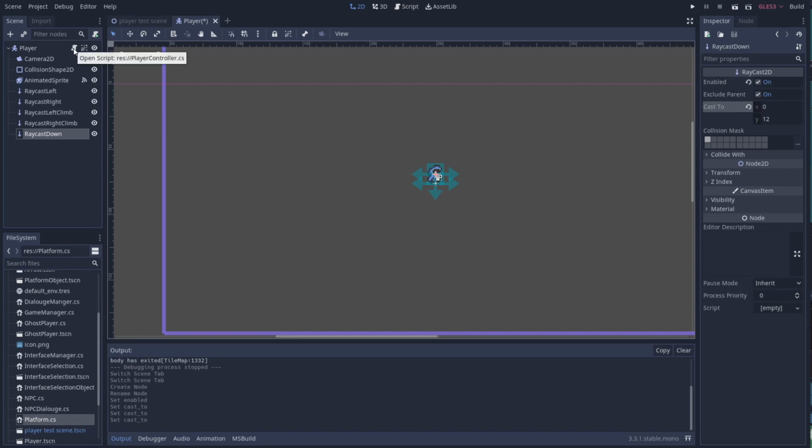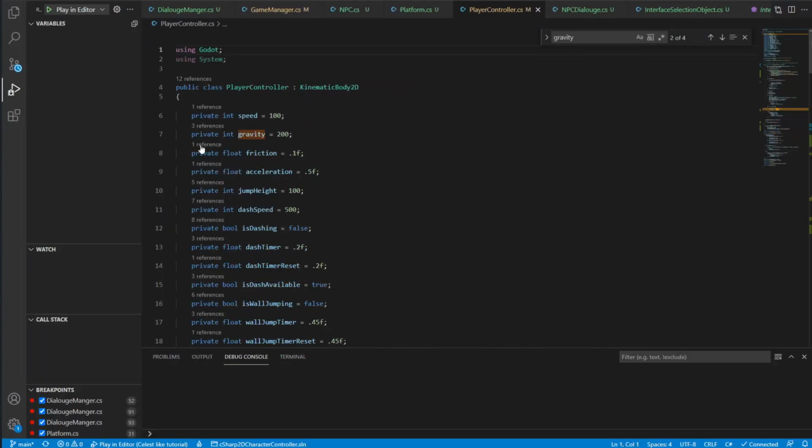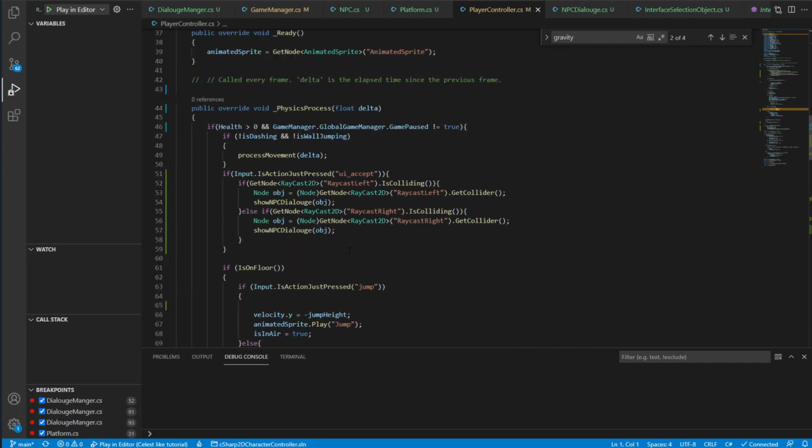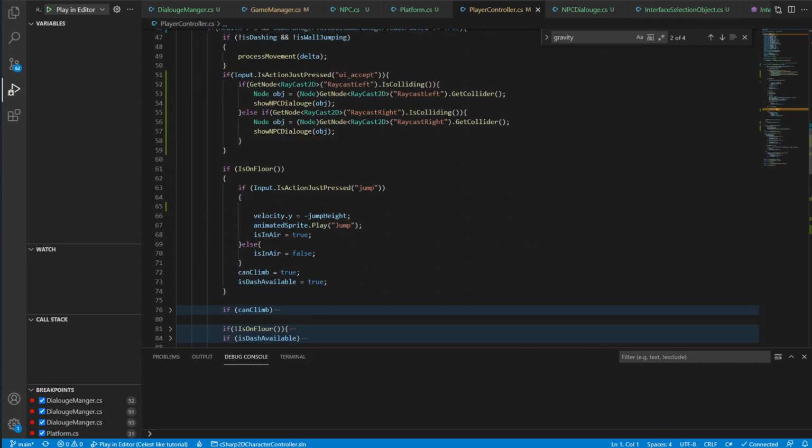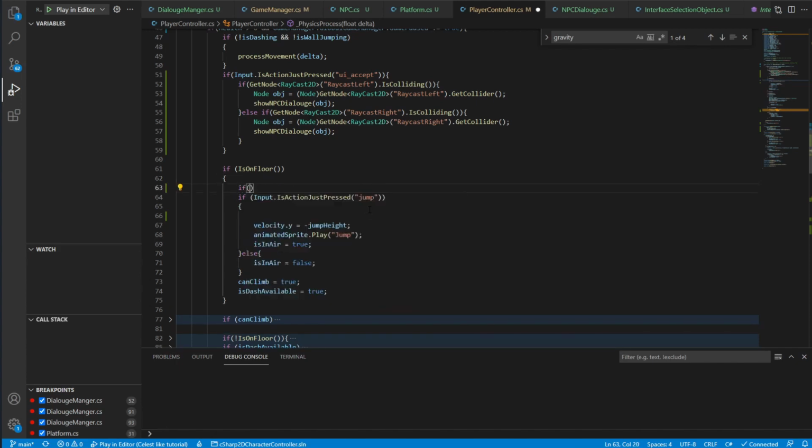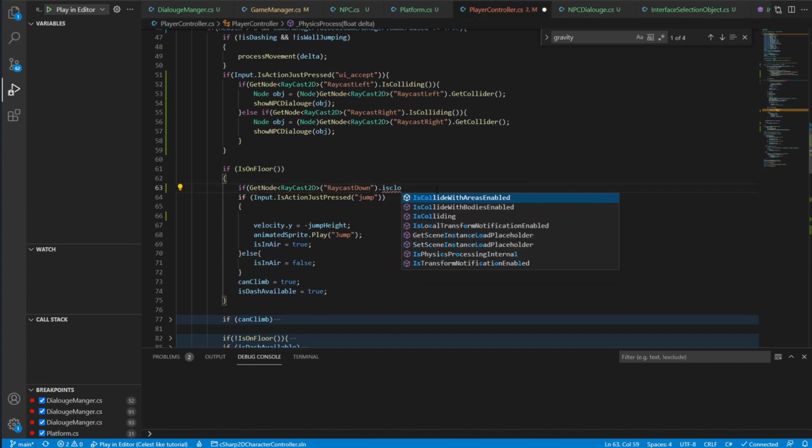And then we're going to save, open up our player controller, and scroll down here and find our jump action here. So what we can do is we can say, hey, if get node raycast 2D, and we'll say raycast down, and this needs to have an open and this needs to have a close, and then we can say dot is colliding